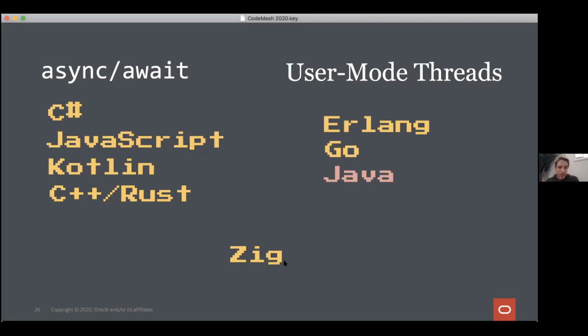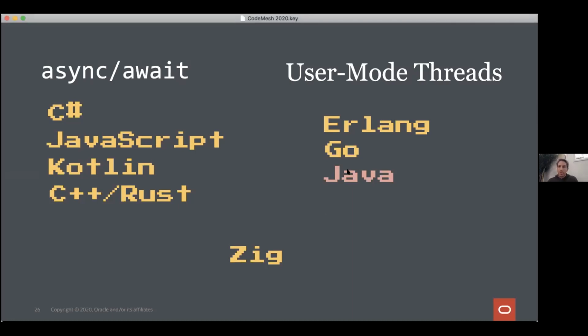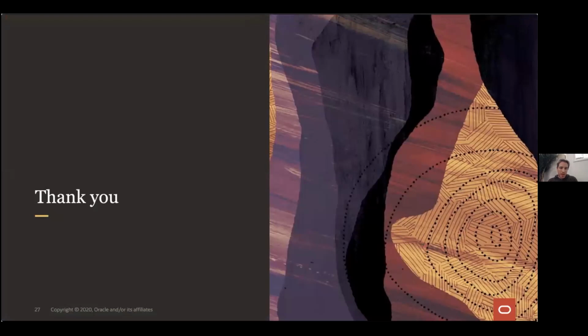Lastly, I want to mention Zig, and that's a new and extraordinary low-level language that deviates significantly from the C++ and Rust design tradition. And it's one of the most original and promising languages I've seen in a very long time. And it does something in between. It has the keywords async and await, but they mean something different from async await. And while they don't have exactly user mode threads, they don't have coroutines as a distinct syntactic category either. They just have subroutines that you can choose to compile so that they store their frames or their state in two different ways. And with that, I am done, and I'm happy to take questions if there are any.